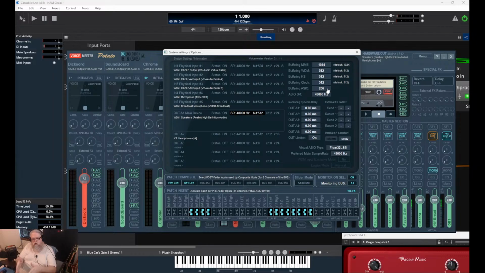But once you start dropping that buffer down farther, you're going to start hearing all sorts of crackling and artifacts and nastiness in that signal if it doesn't have enough of a buffer. So you'll want to drop your buffer down until it starts to break up on you, and then bump it back up until it stops, so that you get the lowest amount of latency, the smallest possible buffer, without having any sort of noise disrupt your signal.